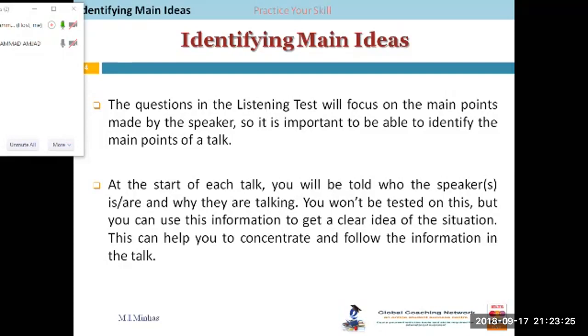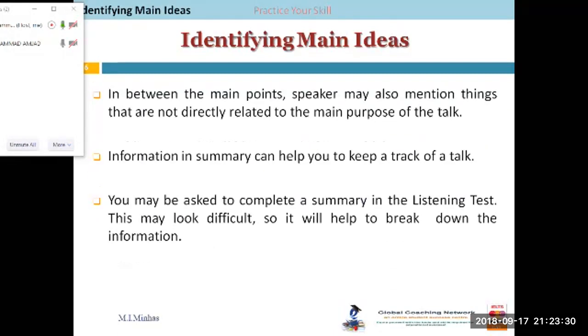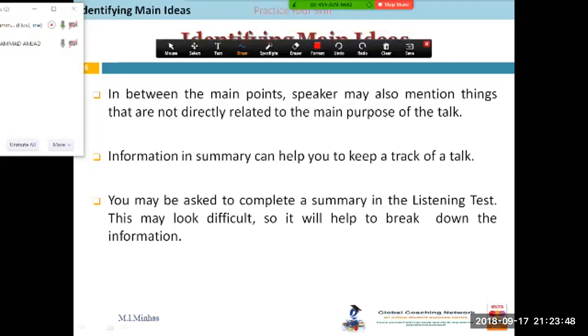Without knowing the context, you may not be able to understand who one person is and who the other person is, and you cannot understand the talk. So anyways, in between the main points, the speaker may also mention things that are not directly related to the main purpose of the talk. Now this is exactly the same, and actually I will show you a recording, or sorry, I'll play a recording, and in that you would see that